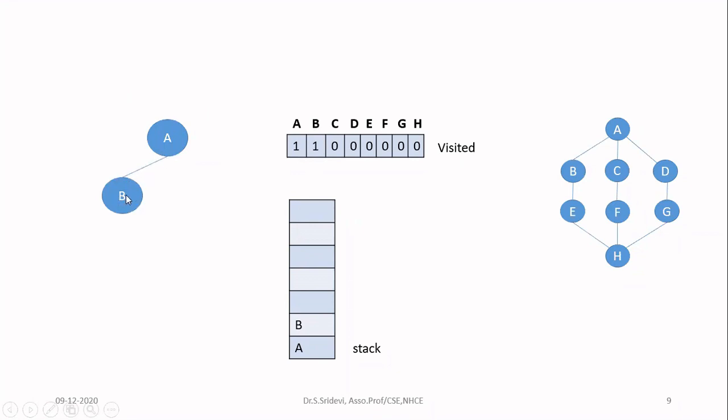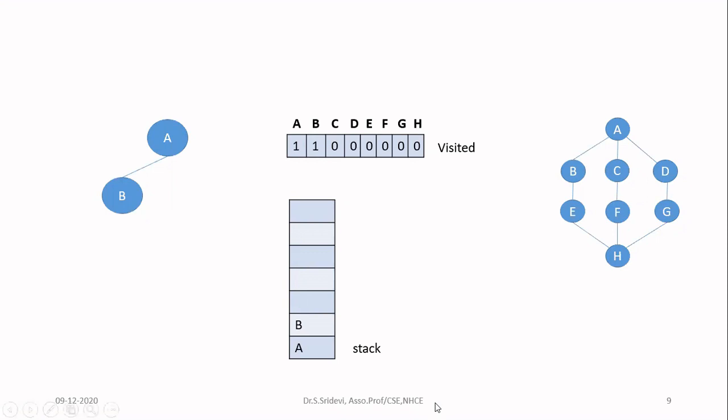So now you are done with node B. Then you're not going to continue with A. You have to stop A. You have to now continue with B. For that, I'll now be taking the node which is available on the top of the stack. So on the top of the stack, I have node B. So now I will be taking only the neighbors of node B. Whichever node is on the top of the stack, only that node's neighbors are going to be considered for the current search.